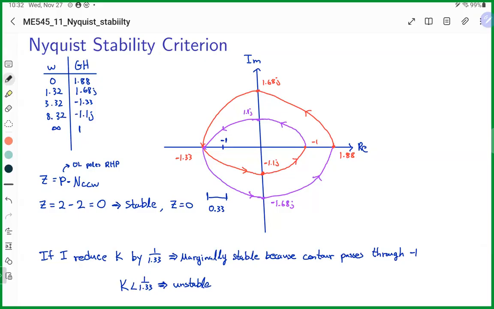When you see a lot of Nyquist plots and they say the system is unstable because it encircles -1, it's because there are no right half plane open loop poles. Usually when we design systems, we don't have open loop poles in the right half plane. But in this example, we do have open loop poles in the right half plane, and we still have a stable system with encirclements around -1. The reason I'm saying that is because in the